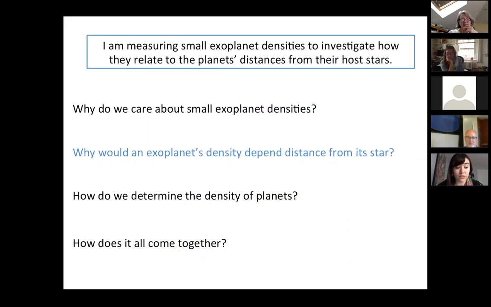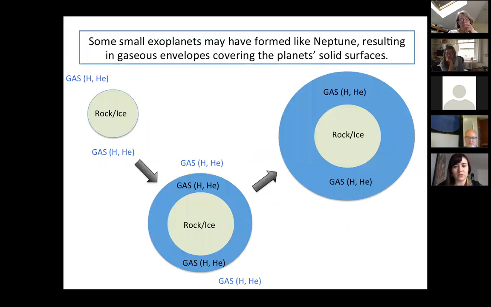I mentioned earlier that I'm specifically looking at the relationship between exoplanet densities and their distances from their host stars. And so why would we care about this? Or why would a planet's distance from its star even affect its density? Well, as it turns out, some of the small exoplanets that we see may have formed similar to Neptune in